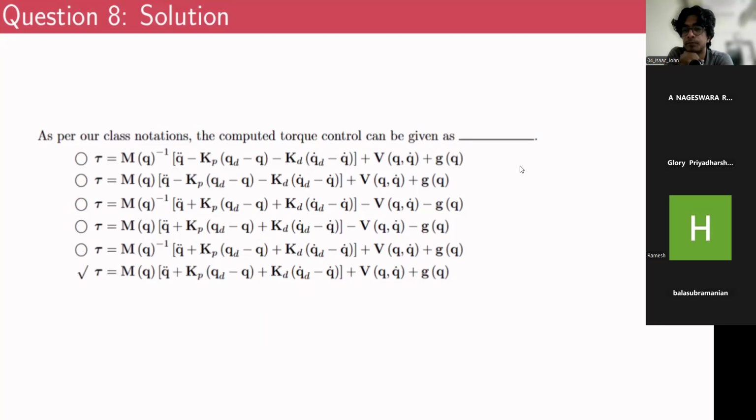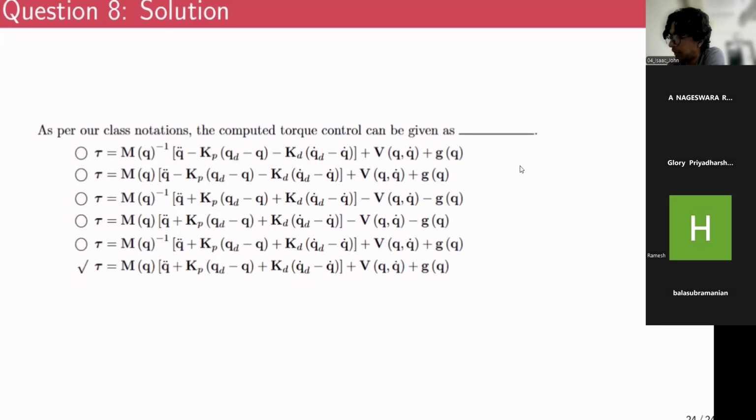Sir, for computed velocity control, is it that when t tends to infinity, the q tilde becomes 0? Is that correct, sir? Yes. So for computed velocity, we have the kinematic equation, something like this. From kinematics, we have x dot would be J of q multiplied by q dot. And for computed velocity,